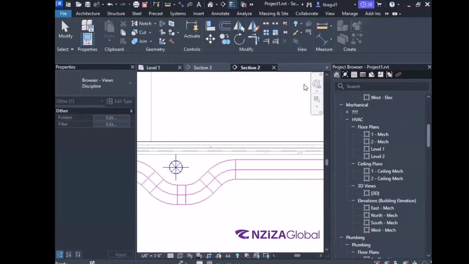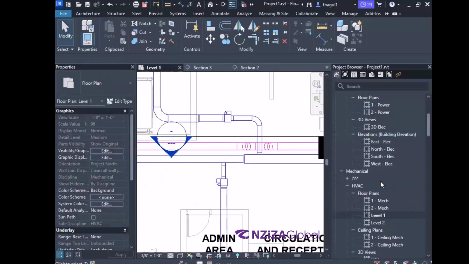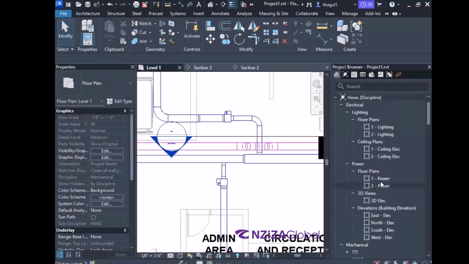That we created, in the properties you could see the sub-discipline was set to HVAC because it was in the HVAC floor plan. Yeah. All right. What we need to do is we need to use either the power